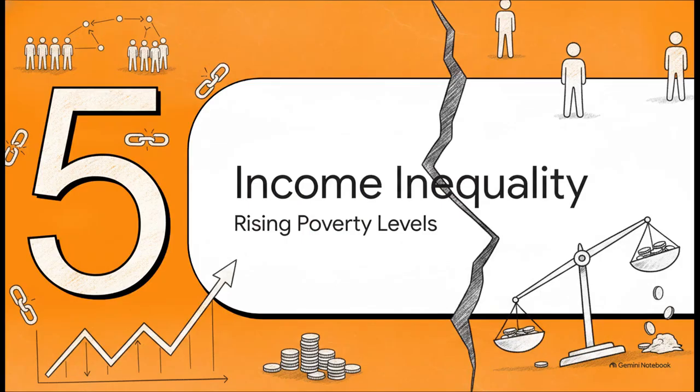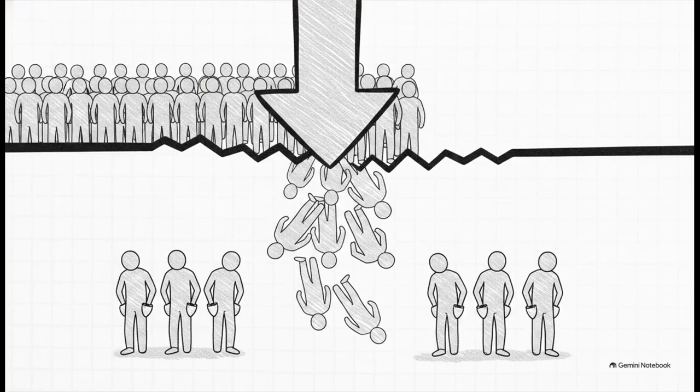Finally, Section 5, amplifying income inequality. Because unemployed people are suddenly transitioned into low-income brackets, unemployment acts as this massive driver pushing populations directly below the poverty line. When wages are depressed across the board and savings are completely wiped out, you're taking a huge segment of your population and transitioning them straight into poverty. Persistent unemployment is, without a doubt, one of the most reliable engines for generating deep, widespread income inequality.